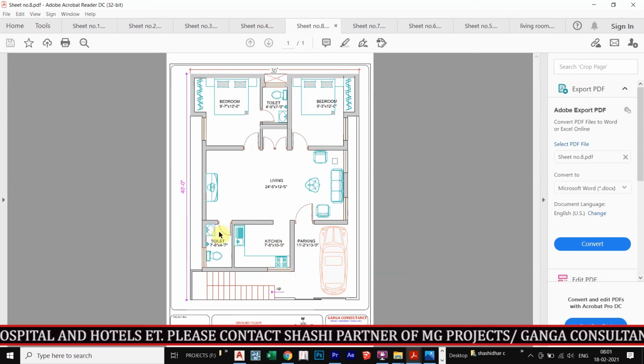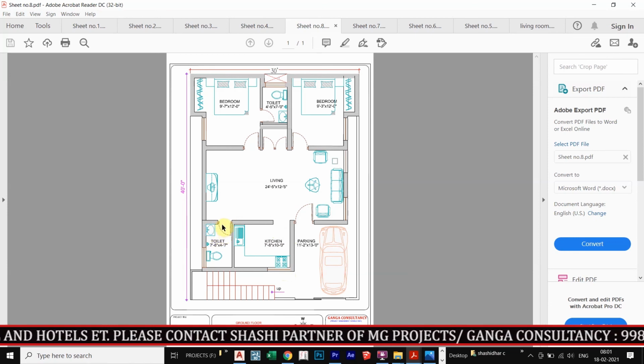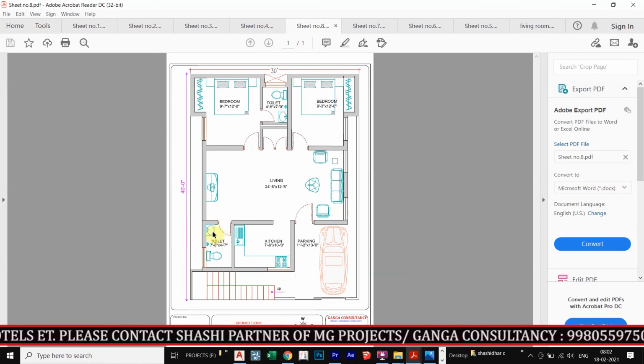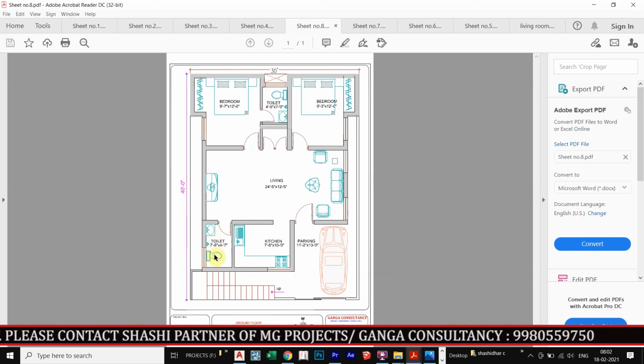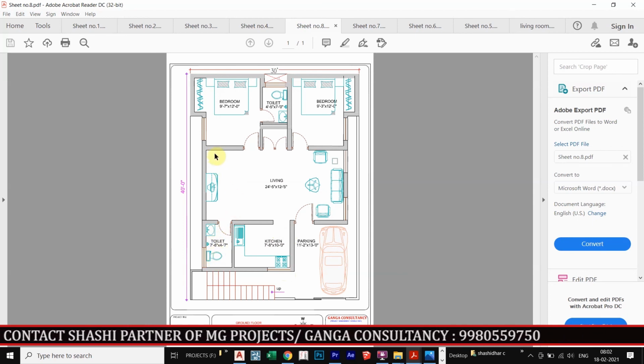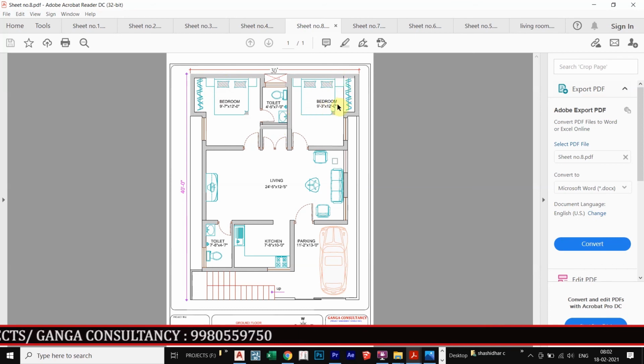And my toilet interiors, once I open the door, my wash basin, my shower, and my EWC. My TV unit is here, my sofa set is here, and my puja is here, and my bed position is here, and my wardrobe is here, and here also I provided one bedroom and wardrobe, and my parking. This is the final finishing of the 2-bedroom